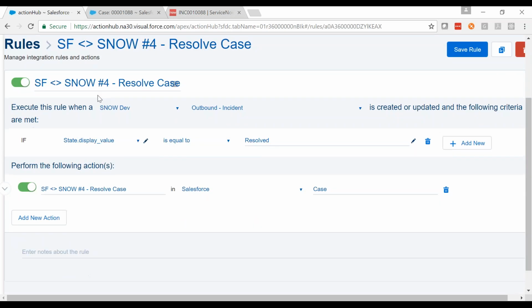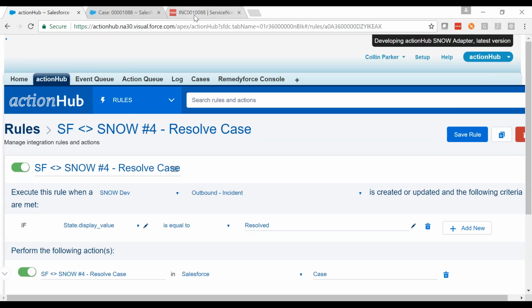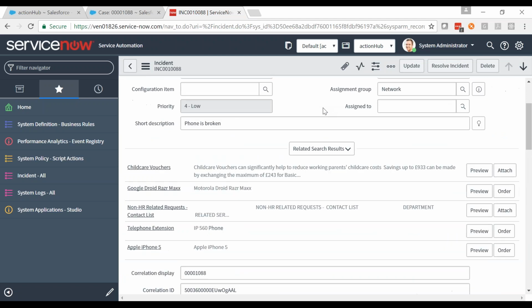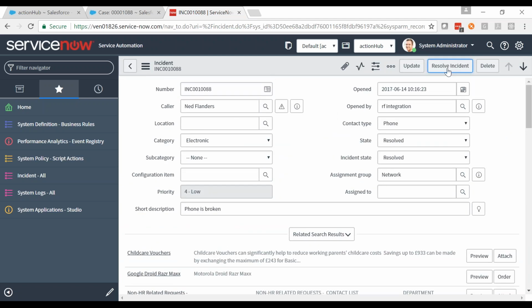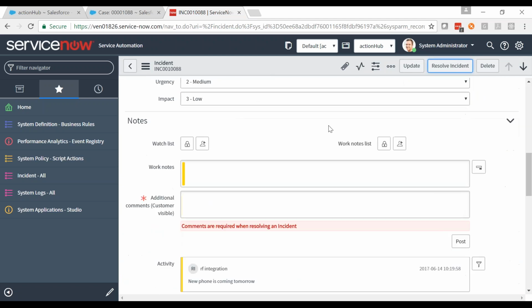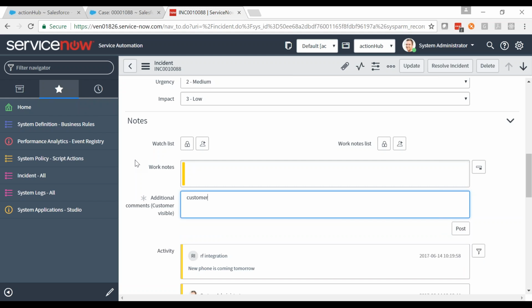All right. So let's hop back over into our incident in ServiceNow. We'll try to go ahead and resolve it. There's a few fields we need to fill in. One is you have to do a customer note. So in this case, we'll say maybe the help desk has run into the customer after they got their new phone, and they said, okay, everything's great, it's working fine. Say customer